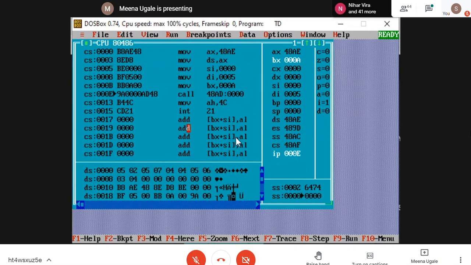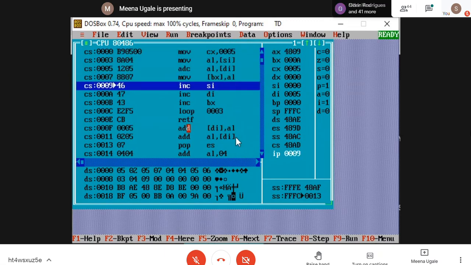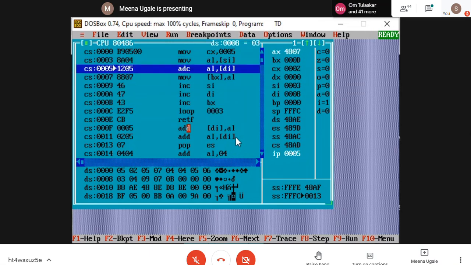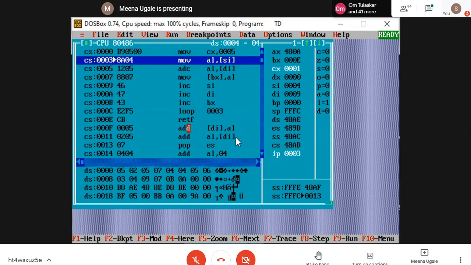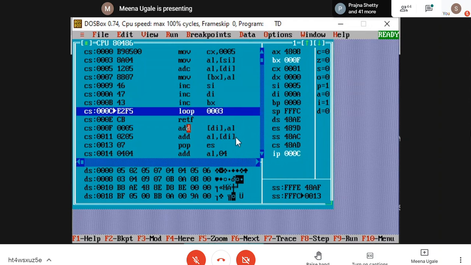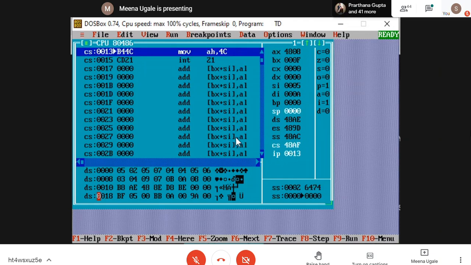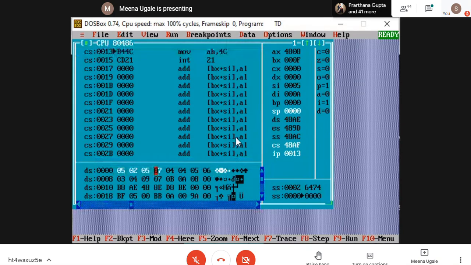These two are my A1 and A2 content. You can see how the loop is running. At the same time, I'm getting my answers also stored in the position. I'm observing my data. These are my numbers.